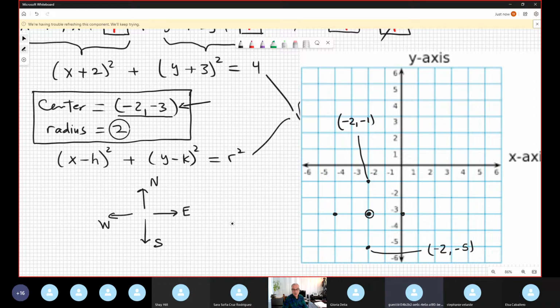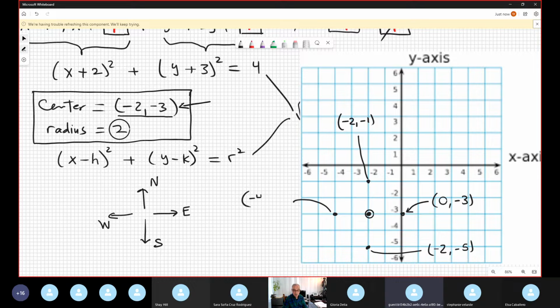Now, when you move to the right, you now affect the x component. So -2 plus 2 is 0. Okay, it's logical because it lies on the y-axis. Any point on the y-axis is 0, something -3. So the y component stays the same. You only affect the x component, not the y component. And this point is the point